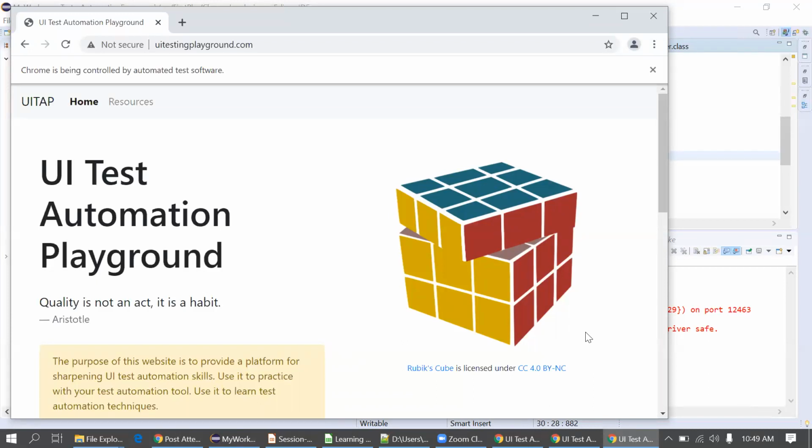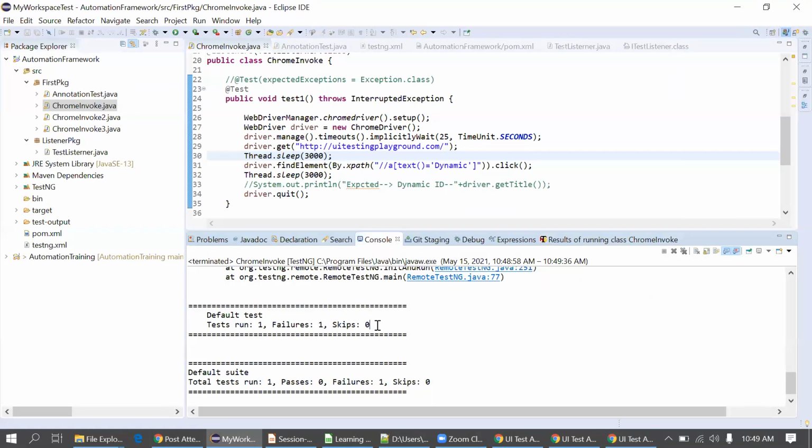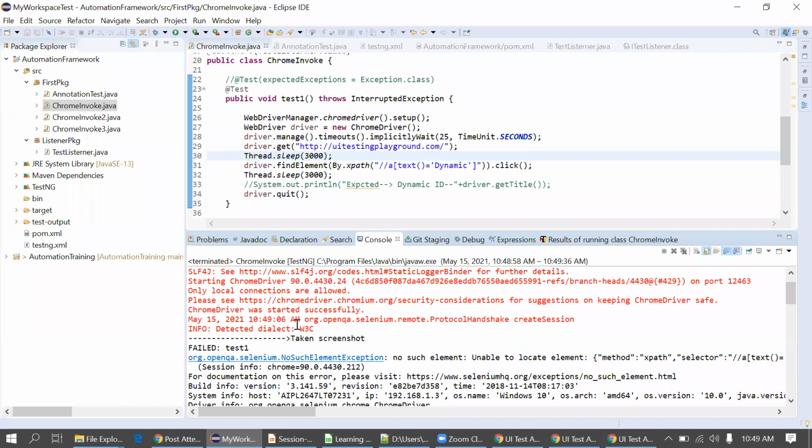Again, it's searching for the element on the UI, but it's not getting it, so it will wait for some default timeout, and then terminate the execution. The test case failed, you can see in the background. We got a NoSuchElementException. Now opening the console. You can see this sentence got printed: taken a screenshot.